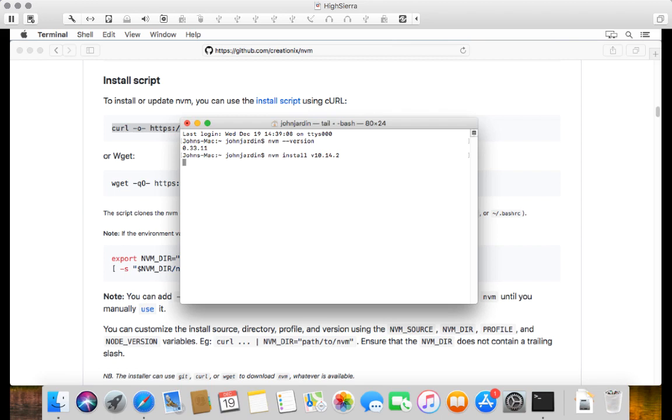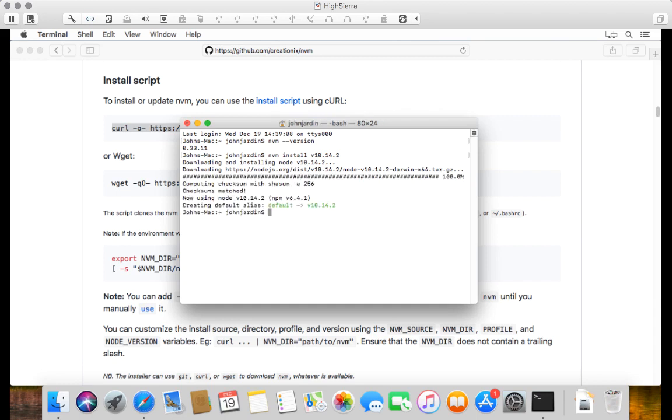And this will take a few moments to download and install. So I'm going to pause the video over here and just wait for it to finish. Right, so Node.js is finished downloading, and we can actually test to see if Node.js is running. We can just say node -v, and we can see there's 10.14.2. We can even say npm -v, and there's the version of npm that's associated with this